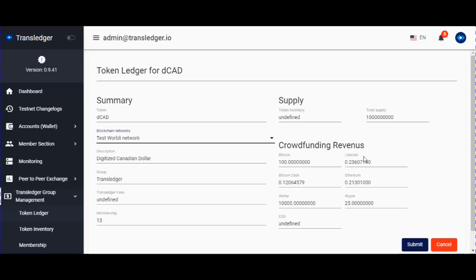In that case, it gives you the balance of all the funds you receive on the different networks used by the user to pay you. In that case, we got 100 bitcoins because people bought your token with bitcoins or Litecoins and Stellar, EOS, Litecoin, Ethereum, and Ripple, and pretty soon also Binance, because now they are in the top 10.